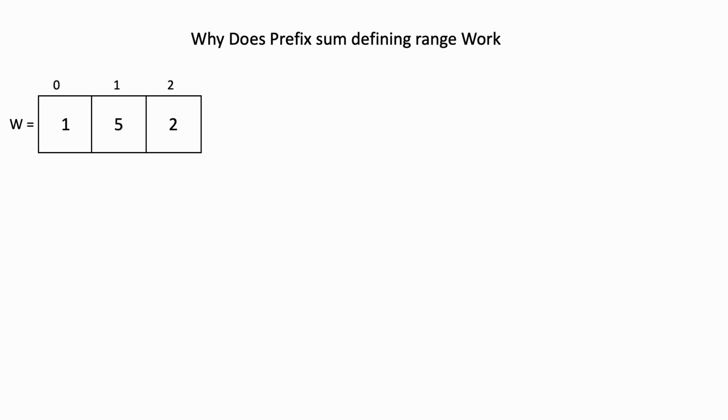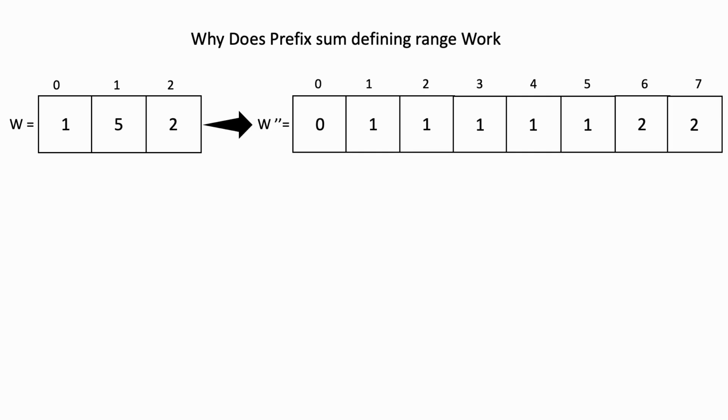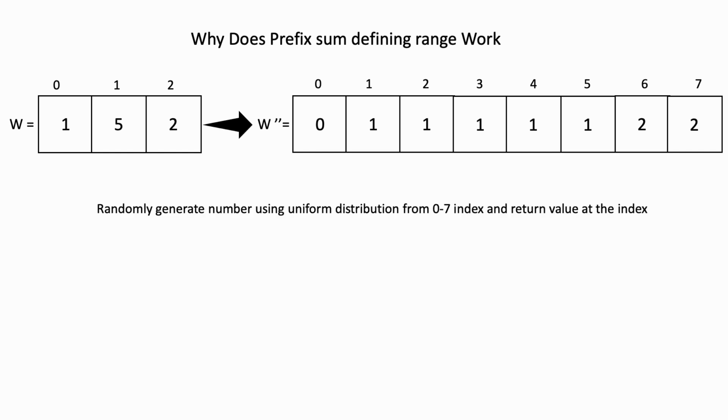Let's understand why the prefix sum defining range-based solution works. We can convert array w to w double dash, where we add the occurrence of the index based on its weight. We can generate a random number that will represent the index selected in the w double dash array. This random number will be generated by uniform distribution with the range of indices of the w double dash array, which is